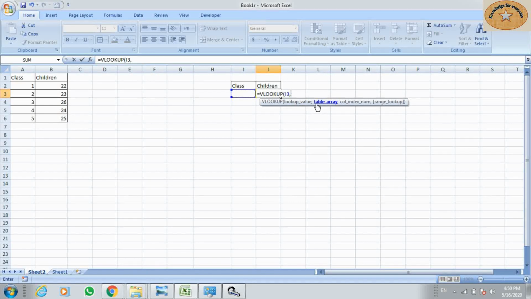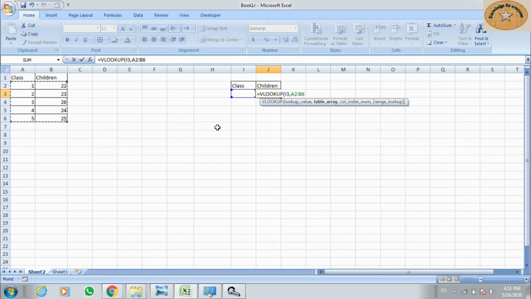Remember always, this one works from left to right. VLOOKUP will work from left to right. बाईं जानिब से दाईं जानिब ये काम करेगा। तो हमने इसको दे दिया है, हमने पूरा दोनों कॉलम दे दिए रेफरेंस के लिए। तो ये क्लास वाले कॉलम में चिल्ड्रन की क्वांटिटी हमको बताएगा इस फार्मूले के ज़रिए।